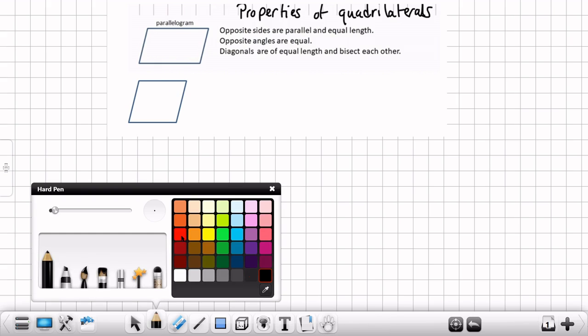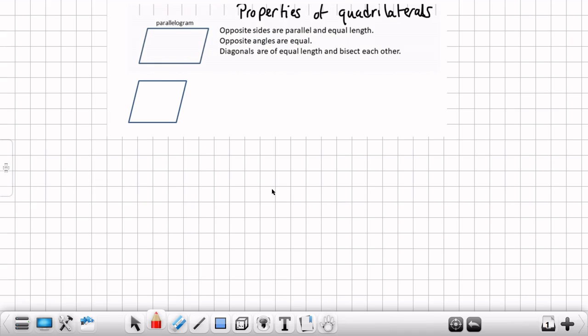So what is a rhombus? Well, here I've got an example of a rhombus right here. A rhombus is like a parallelogram. The only difference is that whereas with a parallelogram, opposite sides are the same size, equal in length. Like this one, for example, is equal in length to this one, and this side over here is equal in length to this side. For a rhombus,